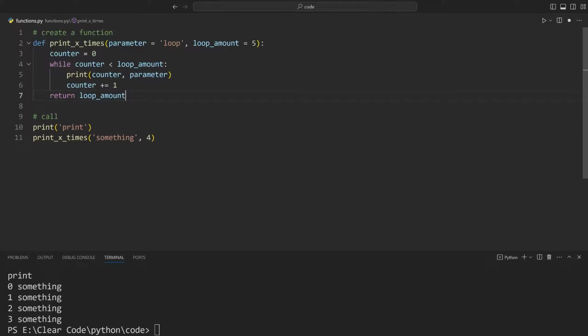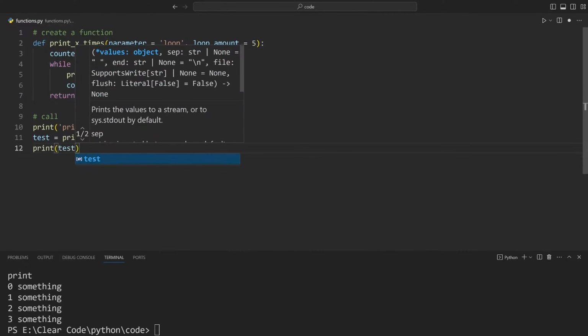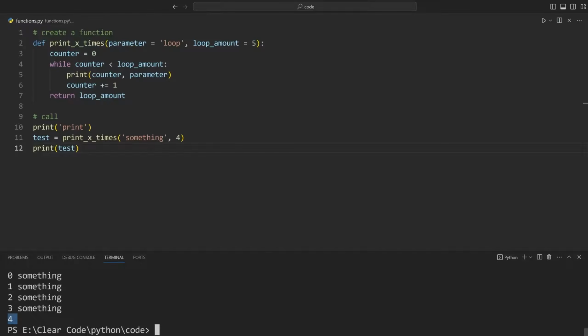And that way, if you assign a value to a function after calling this function, let's call this one test, the value of this will be whatever we get from this function. And then on the next line, I want to print test. If I now run this, we are getting the value 4. This is what that function returned,